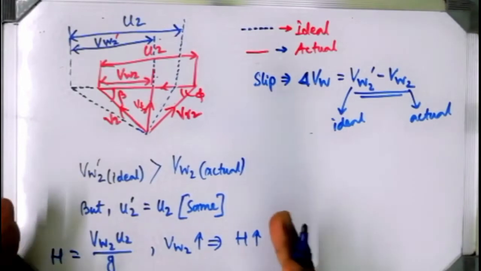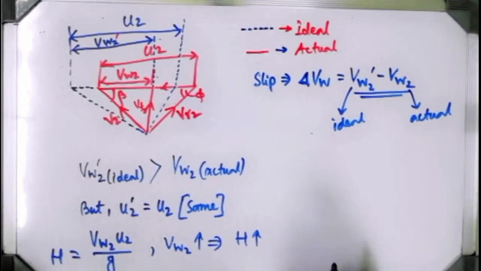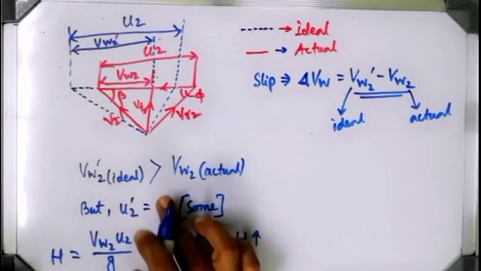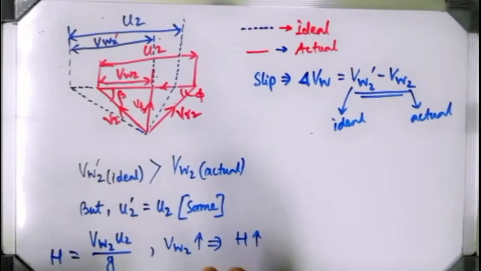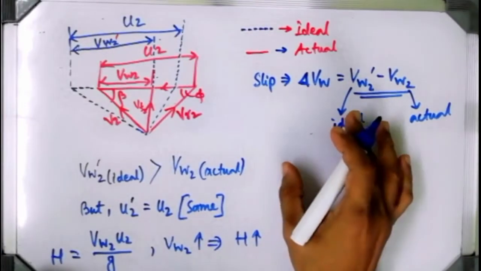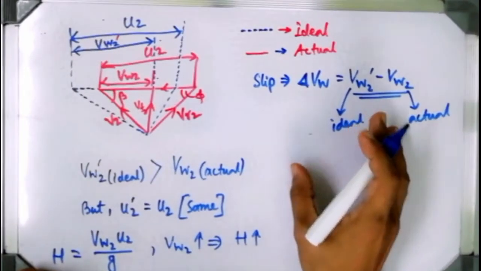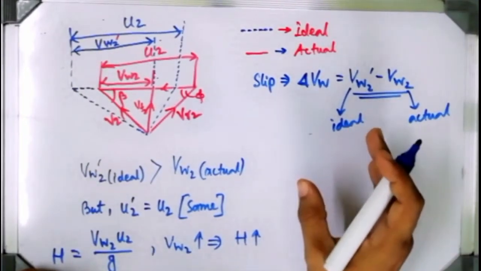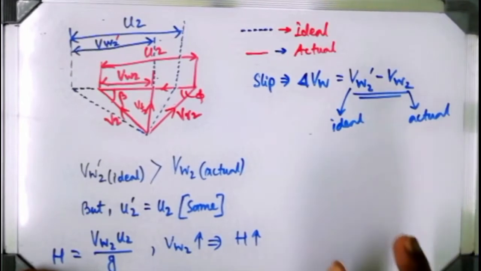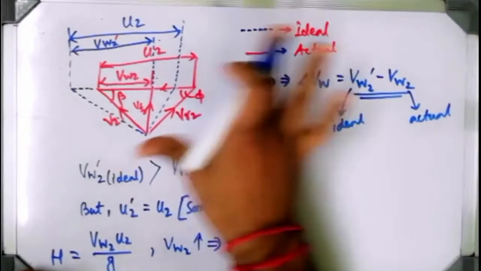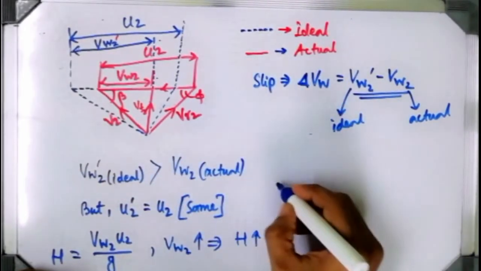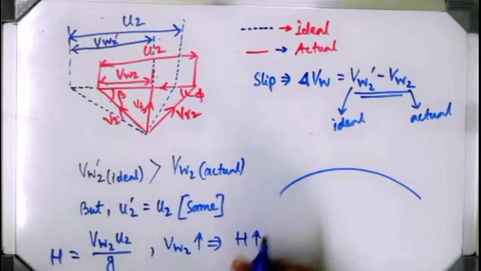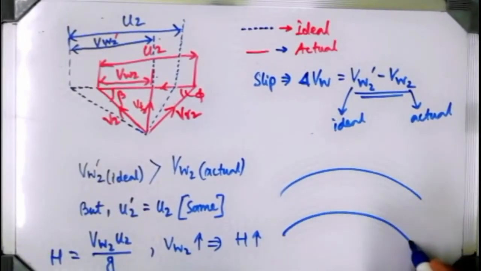So if we get more VW2, it will be beneficial for us, but in the actual case we see that this VW2 becomes smaller. That is the actual drawback due to this slip phenomenon. That is the problem occurring due to slip. But why is it happening? This is the mathematical part. Now we have to know why it is happening. If we want to know that, then we have to know the blade geometry of the